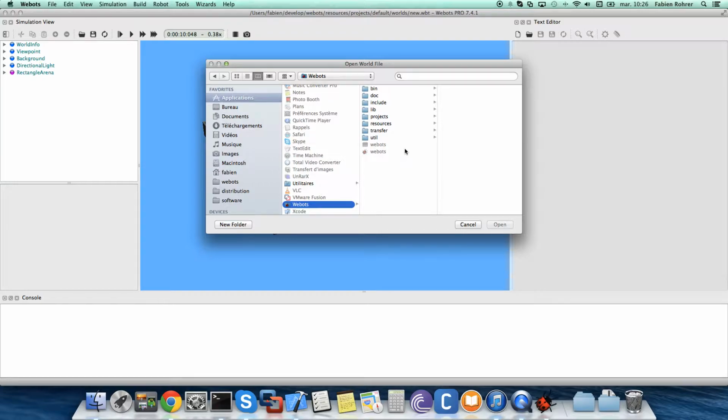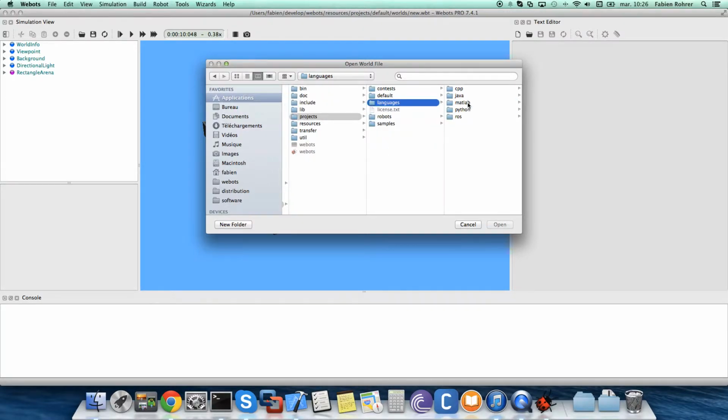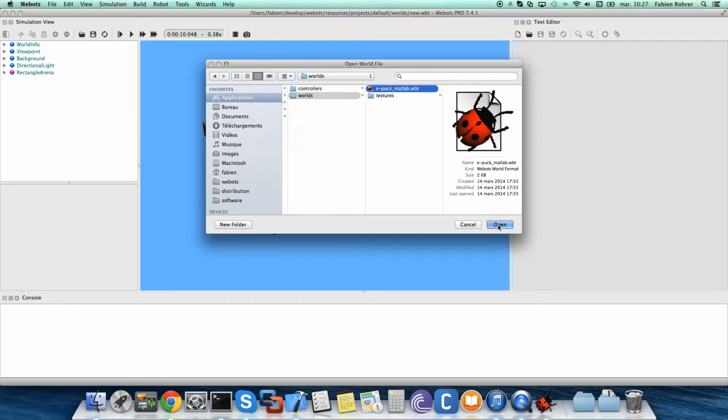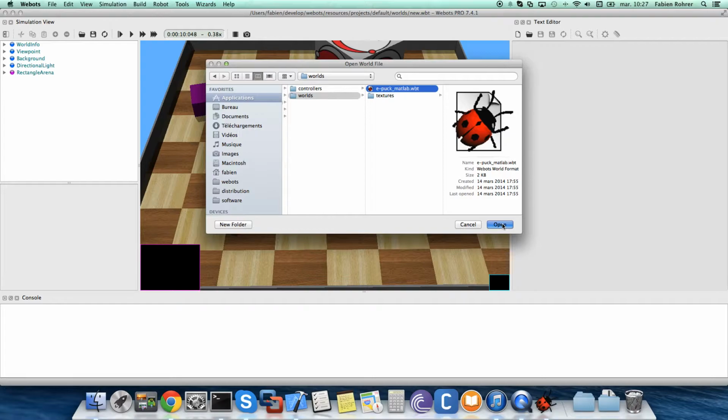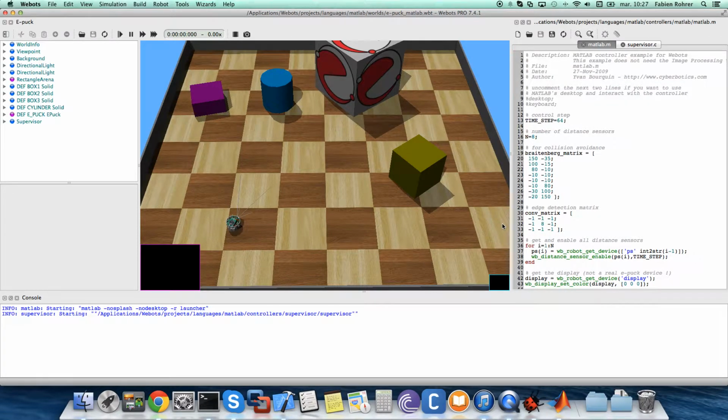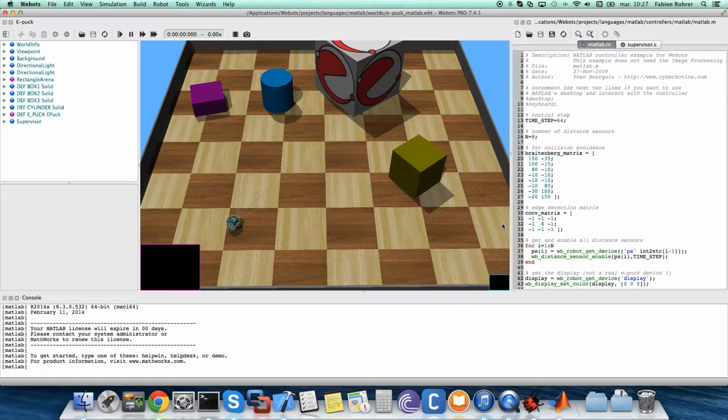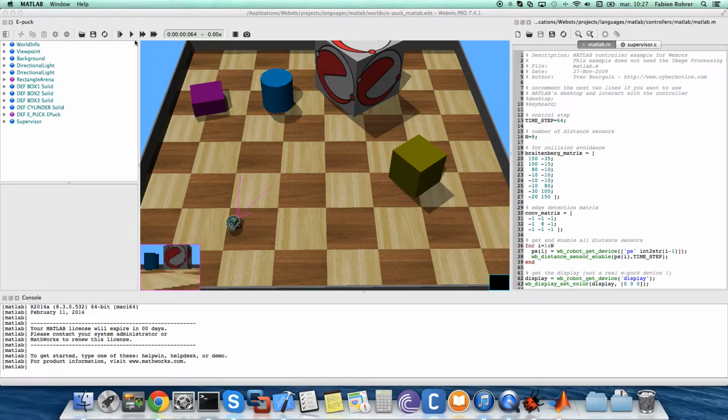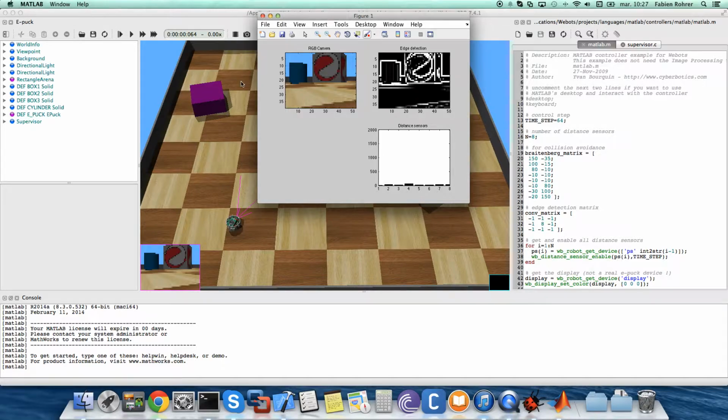So in the Webots directory, you can go in Projects, Languages, MATLAB, Worlds, and Epoch MATLAB. So maybe I will start by showing the example